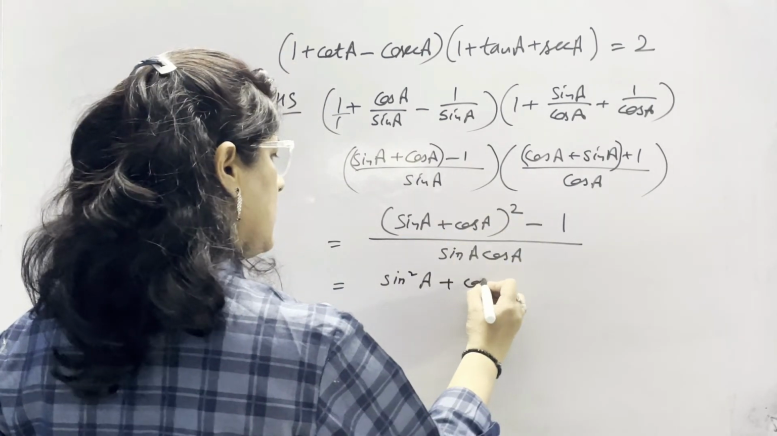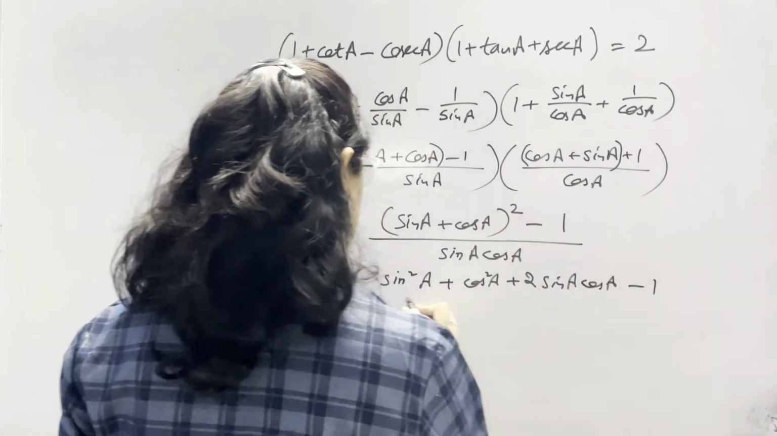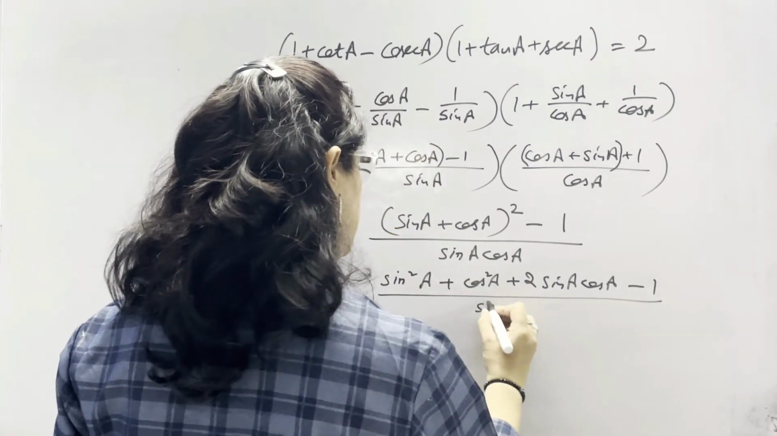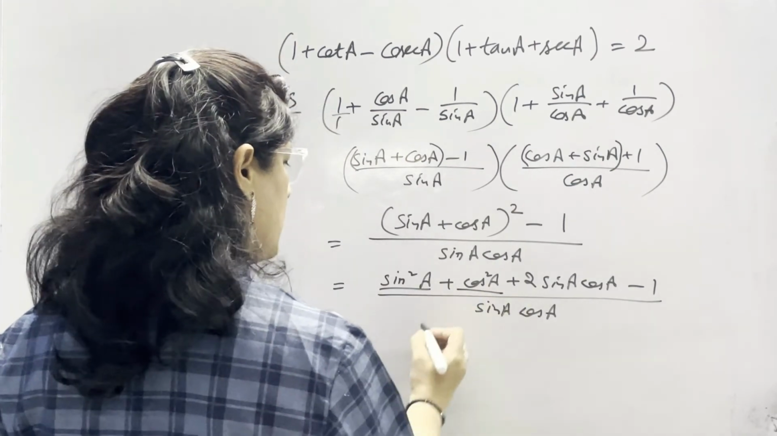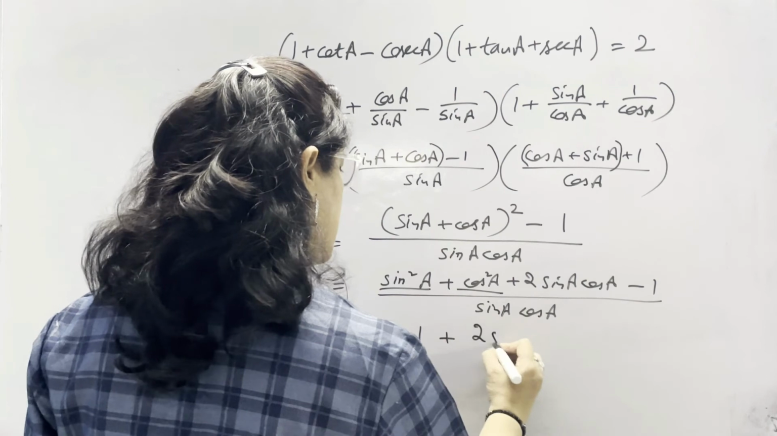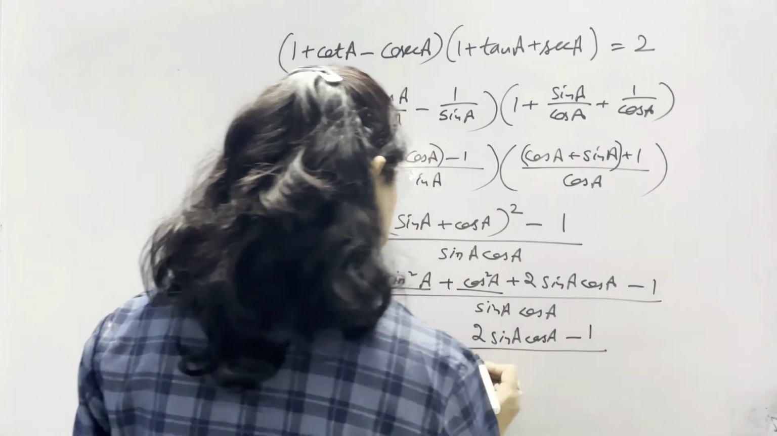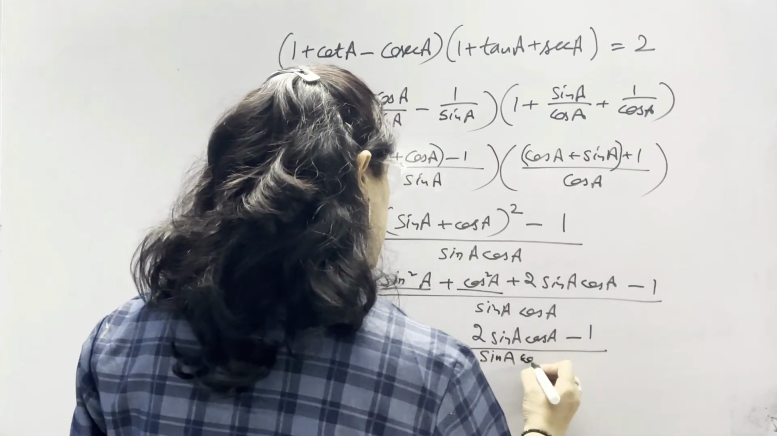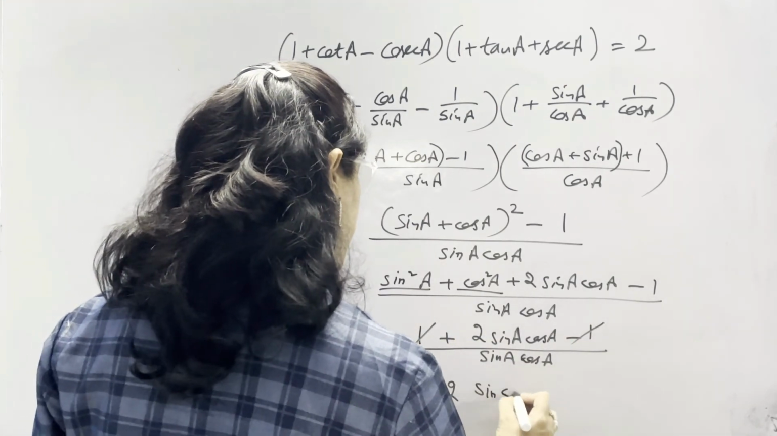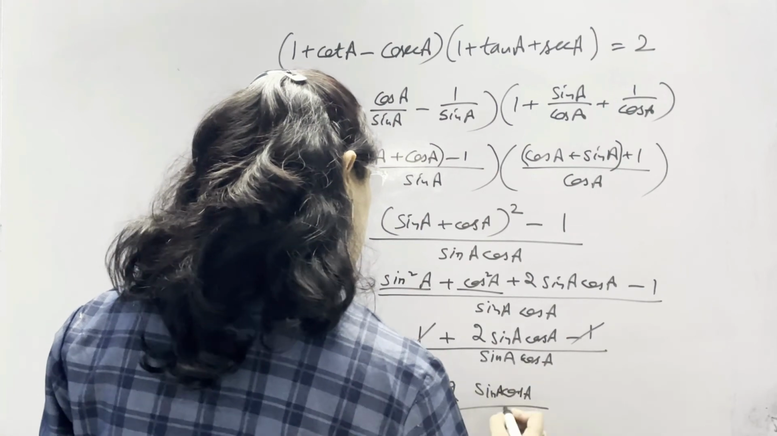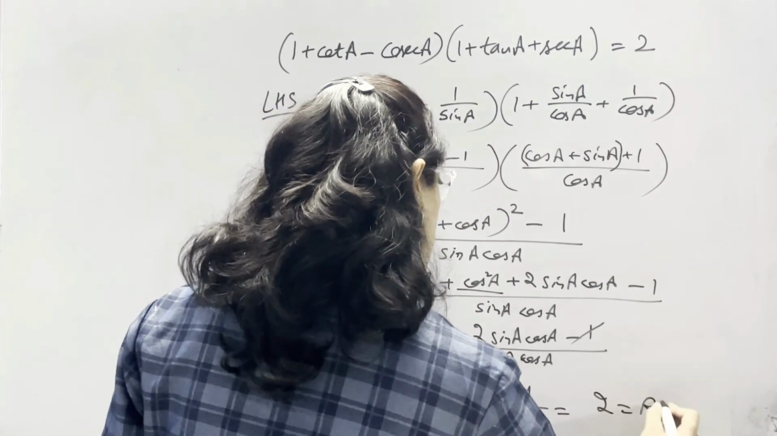A square plus B square plus 2AB, then minus 1 upon sin A cos A. Now sin square A plus cos square A is equal to 1, plus this 2 sin A cos A, and then minus 1, with the denominator as it is. So 1 minus 1 is cancelled, 2 is intact, and sin A cos A is again cancelled in the numerator and denominator. So the answer is 2, which is our